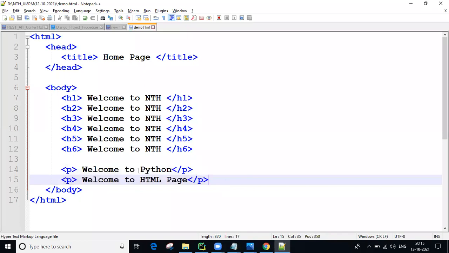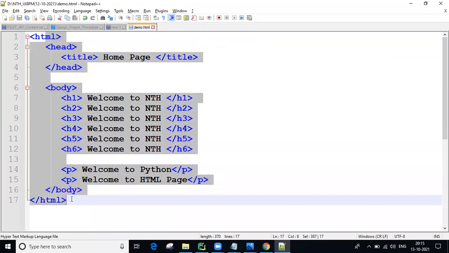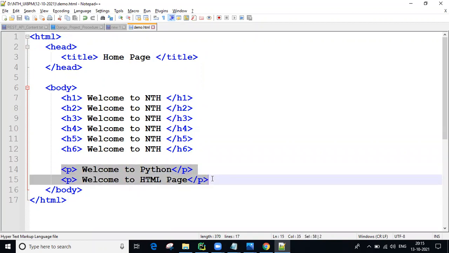I don't want to delete this one, maybe in the future I want it again. Then I will uncomment. So if you put these two lines in comments, HTML executes line by line, top to bottom, and whatever lines are inside the comments are ignored by HTML. Same as Python. In Python, we write comments using a hash symbol or triple quotes.